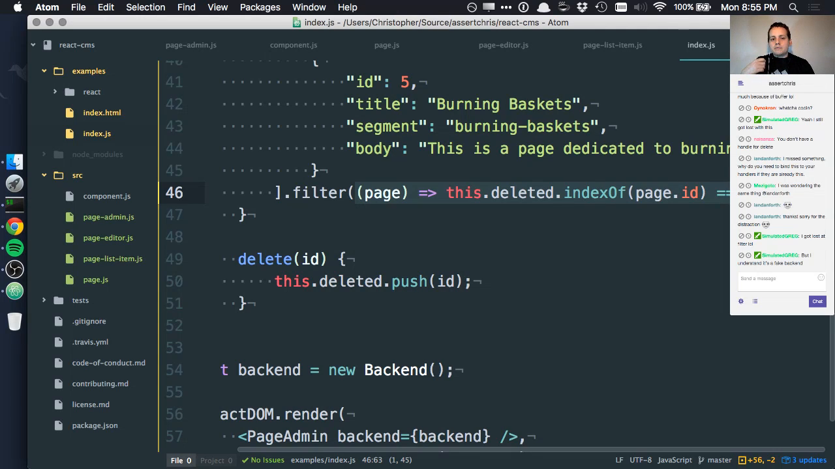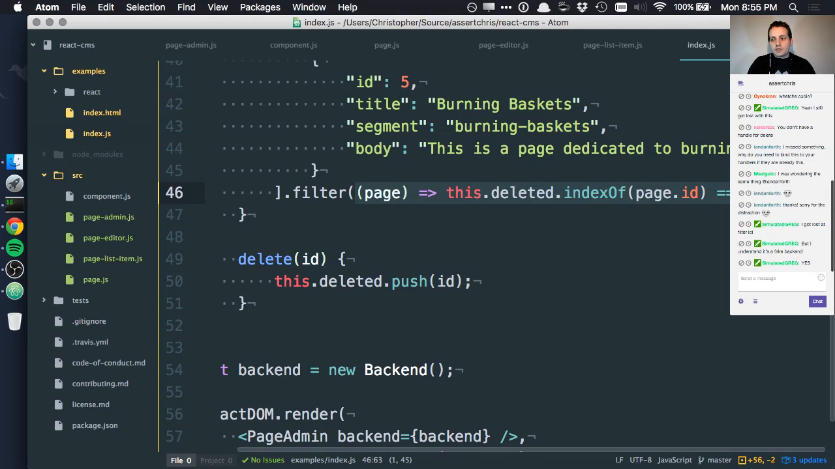Filter on an array expects a function. And each item is run through that function. And if the return value of that function is true, the item is included. And if the return value is false, the item is excluded. So here we're saying, for each page in this array, have a function where page is available as a parameter of that function. And then we say, if